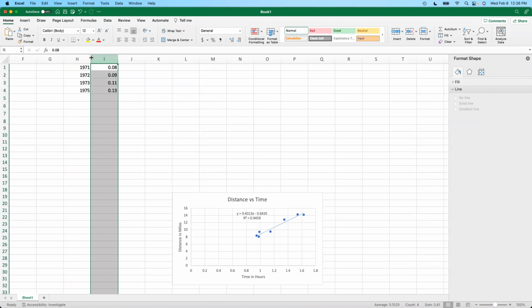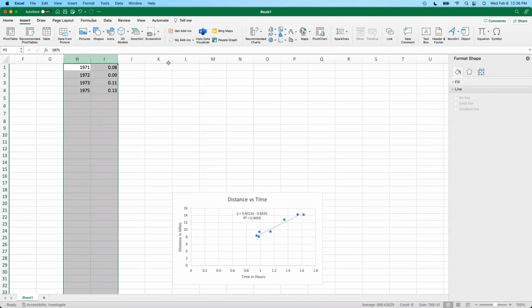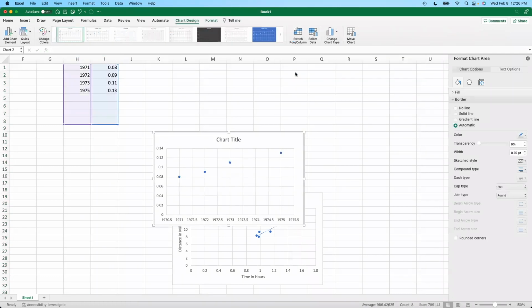If I were to highlight both of these columns, go Insert, Scatter plot,